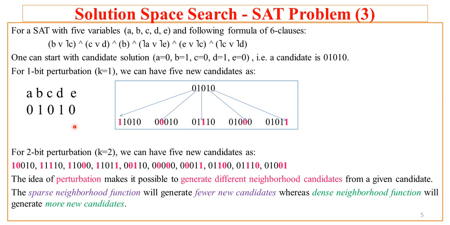Similarly, there will be combinations of change in BC, change in BD and change in BE. So here it is represented. Then we will have change in CD, which is represented here, change in CE, which is represented here, then change in DE, and that is represented here. So with this 2 perturbation, what did we get? We got 10 candidates. Now one can try with the first and check whether the given SAT, this 6-clause, 5-variable SAT, is satisfiable or not. Then one can try with this, one can try with this. So one can exhaust all the children.